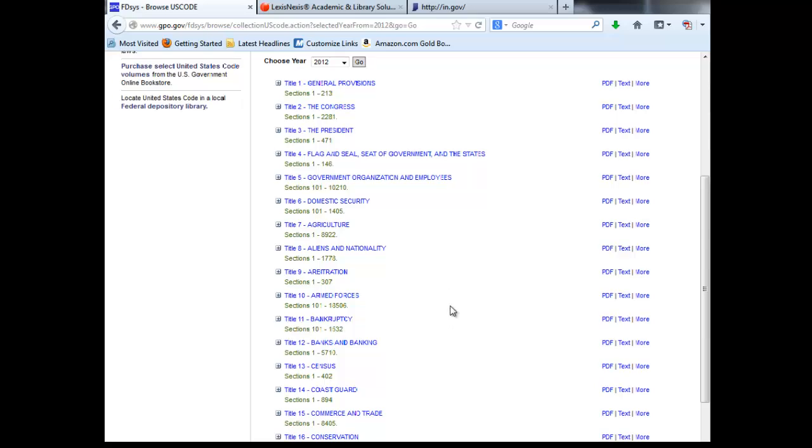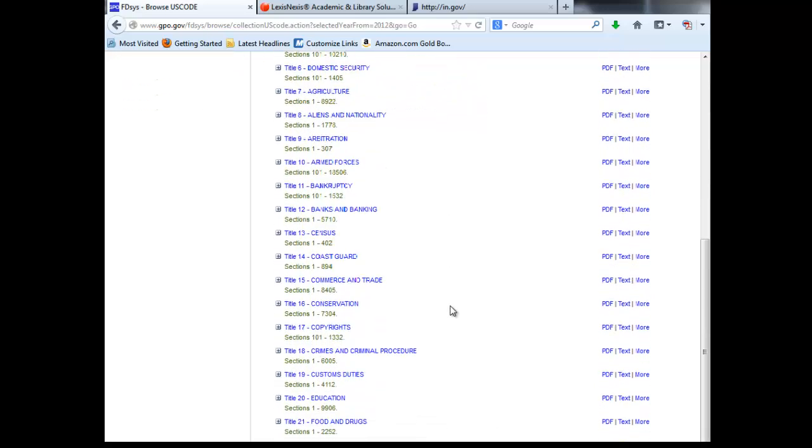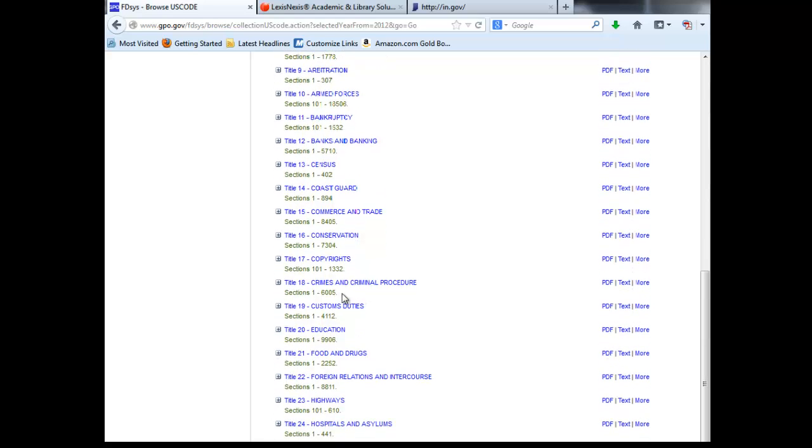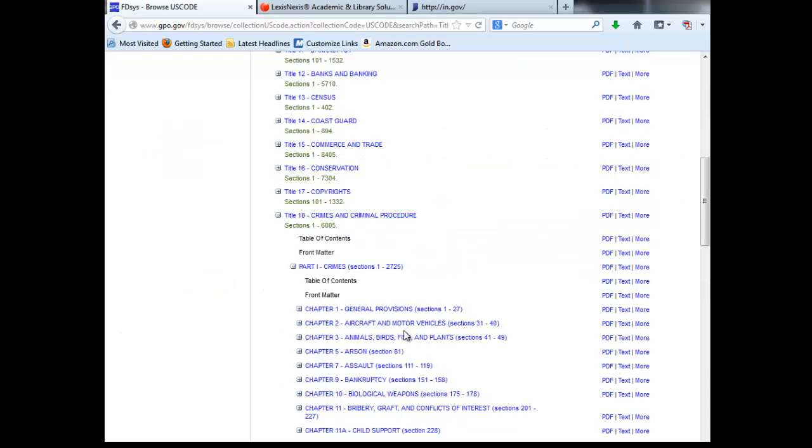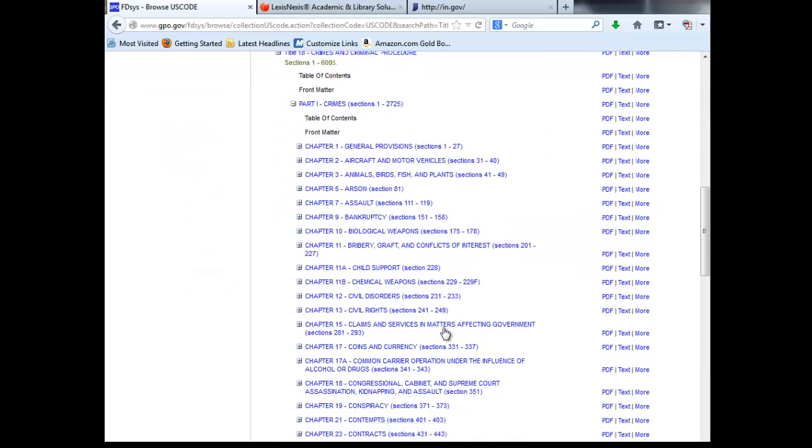In this case, since we're interested in gun control, we can do a little guesswork. We'll go to Title 18, Crimes and Criminal Procedure. If we expand this title, we get all sorts of subtitles. If we already know what we're looking for, for example, if we know that our citation is 18 USC 923, we can see we're in Title 18 and we want Section 923, which falls under Part 1, Crimes. Within crimes,